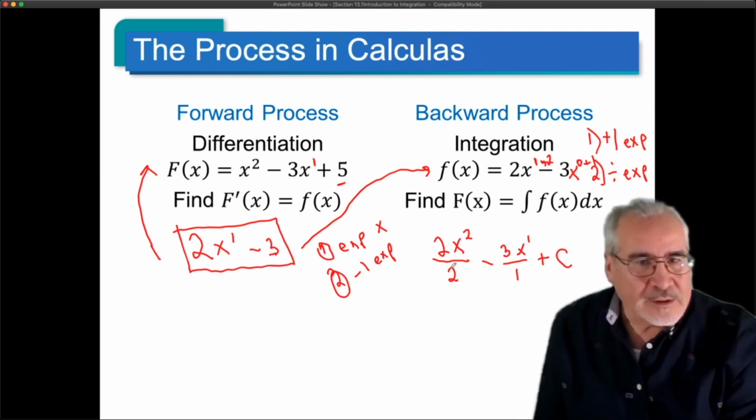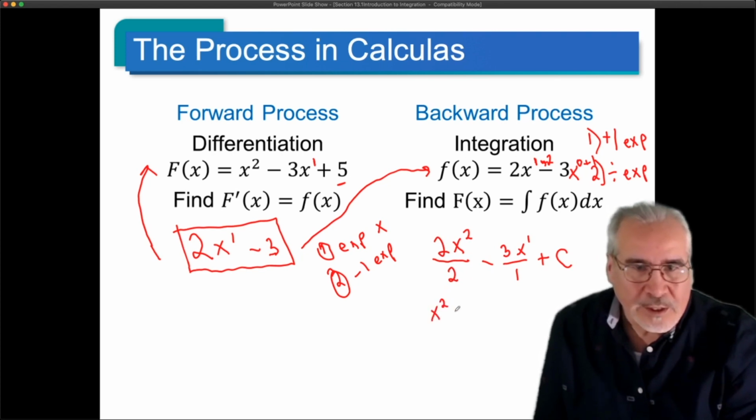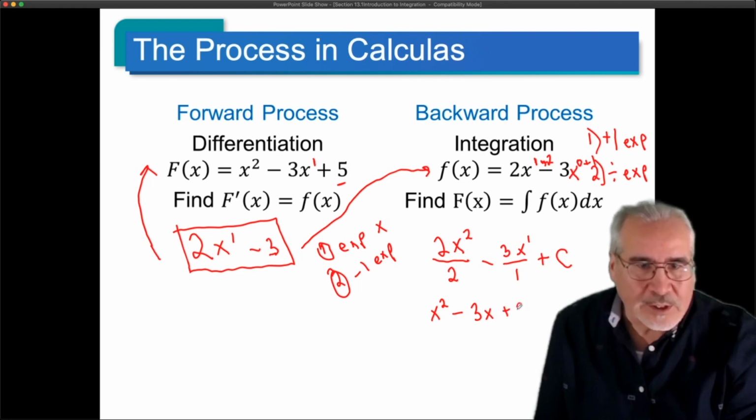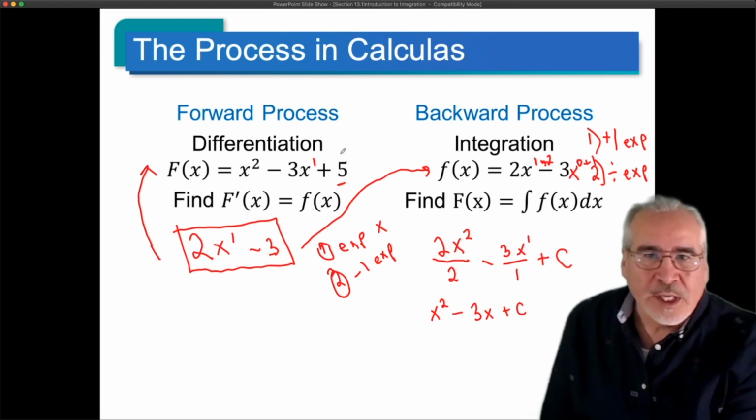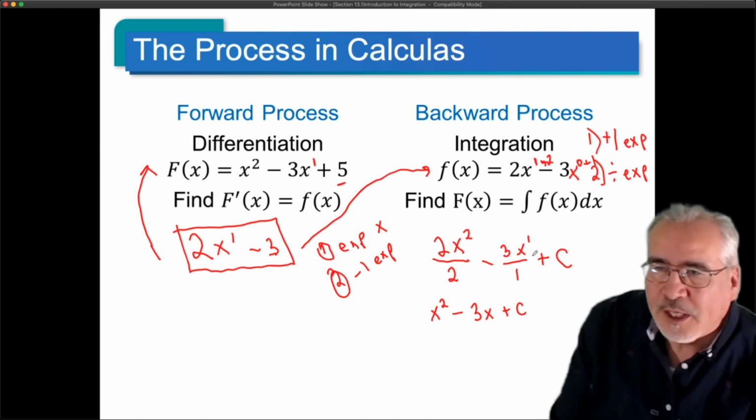So we do the simplification now. 2 divided by 2 is 1, so we get x squared minus 3x plus the constant. Okay. Notice we have very close to what we started with. We just don't know this 5 is a 5 unless we have some extra information to work with, which is